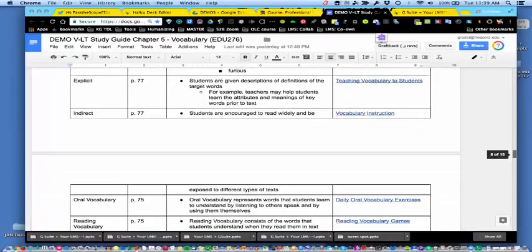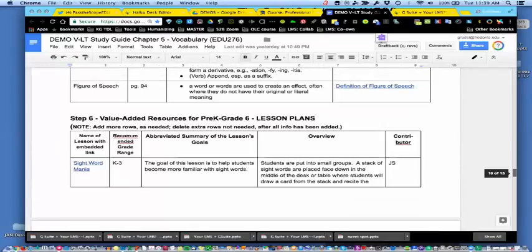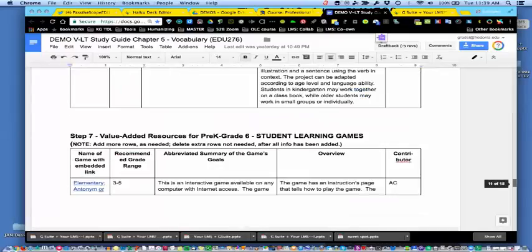And on and on and on. So value-added resources, including lesson plans, learning games, those kinds of things. Another beauty of this for me, because I am constantly working on students' both independent accountabilities and collective accountabilities, is